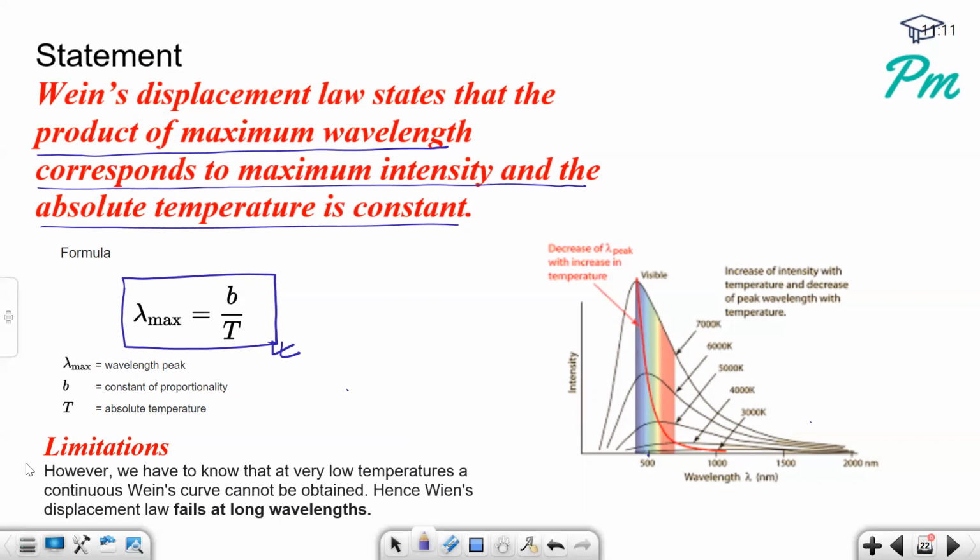Now we will see the limitations of Wien's law. What are the limitations? However, we have to know that at very low temperature, a continuous Wien's curve cannot be obtained. Hence, the displacement law fails at long wavelengths, which is a limitation. It fails at long wavelengths. So at long wavelength, you can see in this graph, the intensity peak we cannot